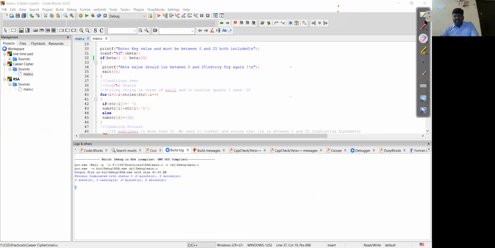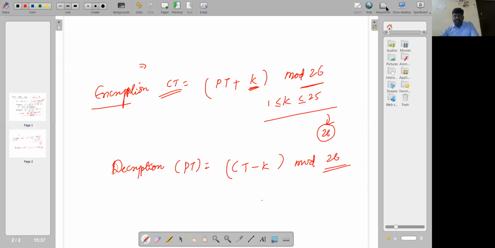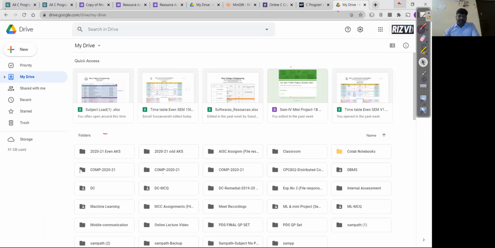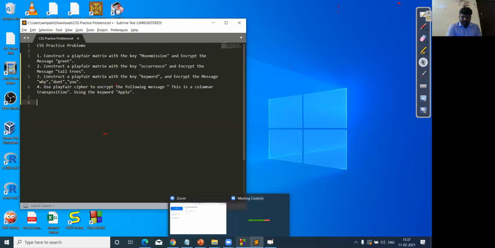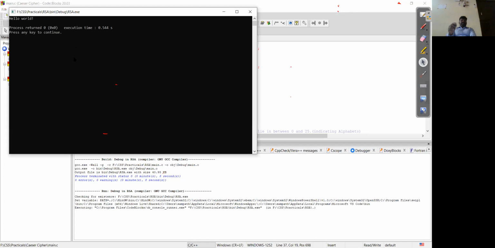And what I could do is execute. Here this is the symbol in order to run the program. If I just click, we'll get an interface.